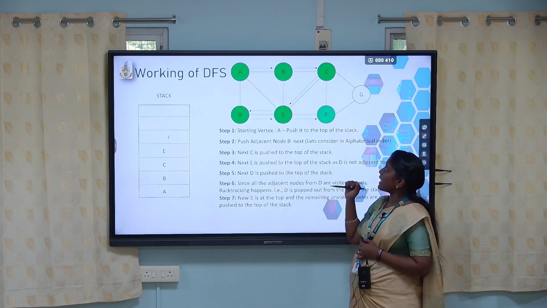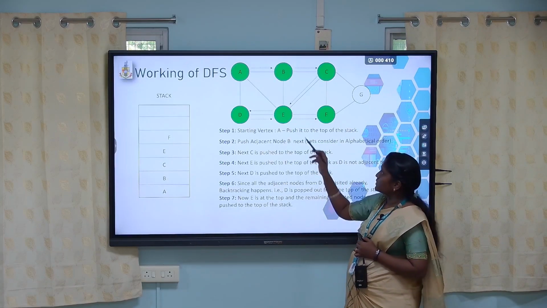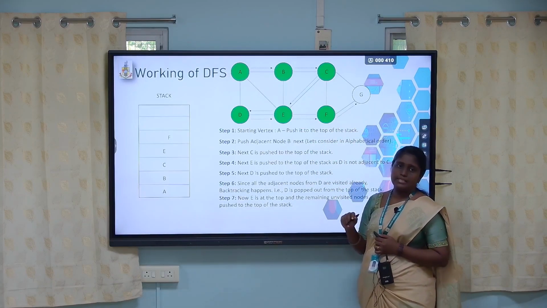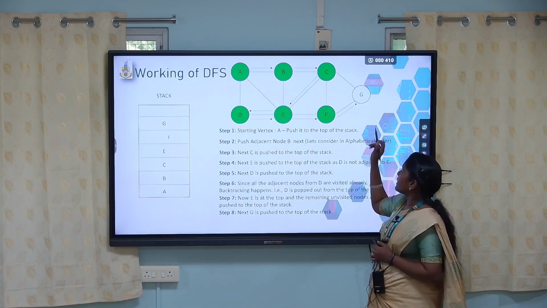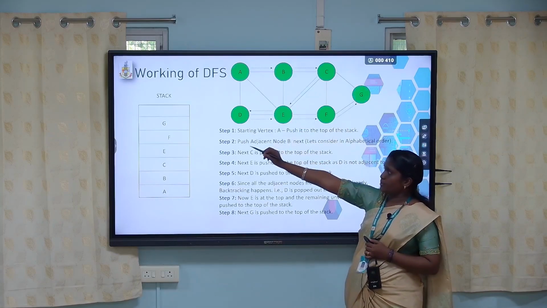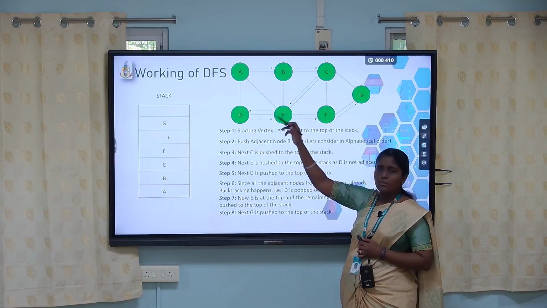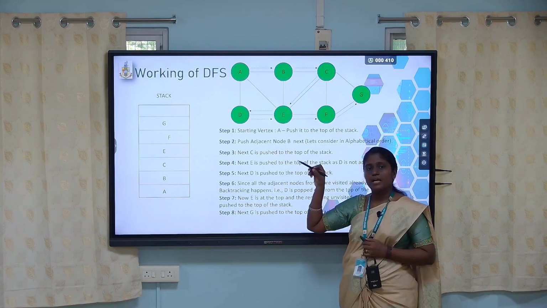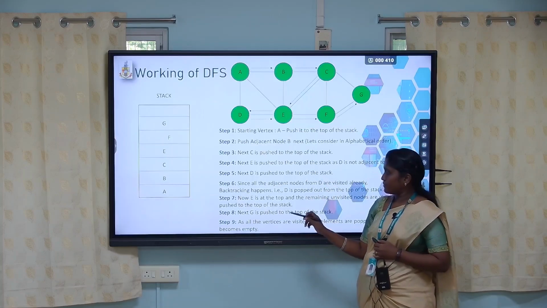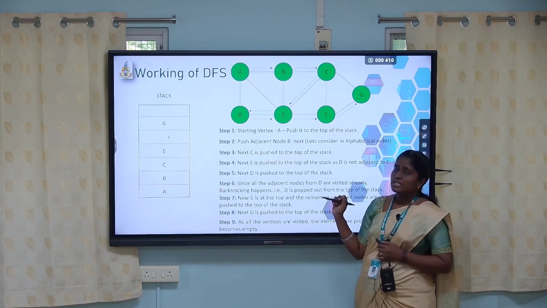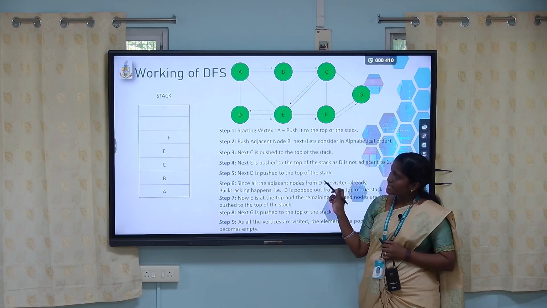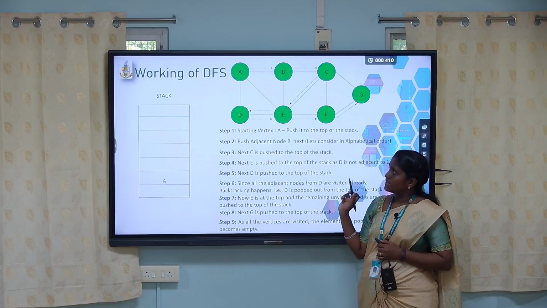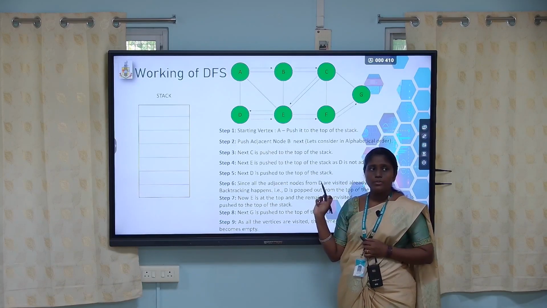After visiting F, again it will look for the adjacent nodes. Since E and C are already visited, it moves to the G vertex which is left unvisited. After visiting G, G will be pushed into the stack, and once all the vertices in the graph are visited, the elements from the stack will be popped out one by one. Finally we will get a spanning tree. So the result of this DFS algorithm will be the spanning tree,